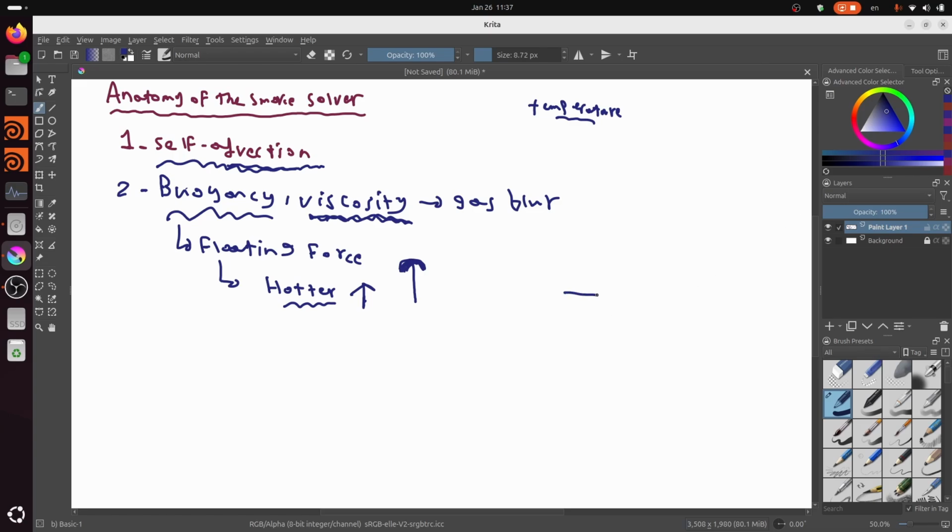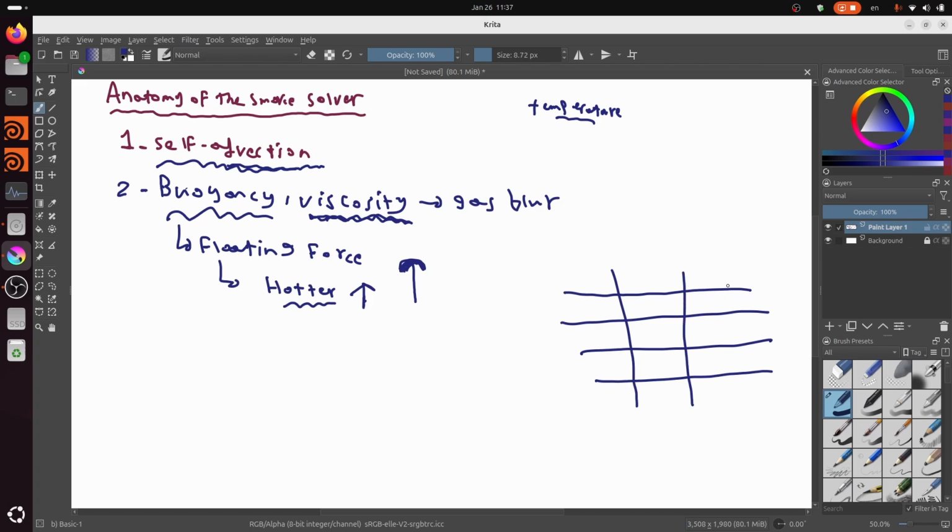To be able to understand this, if we have our smoke here coming like this, and we want to make our smoke more viscous,